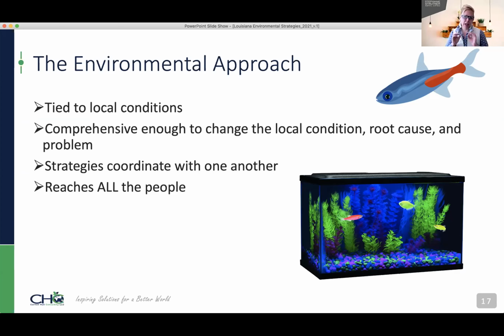In order for us to do this, and in order for us to be effective at our environmental approach, we have to be really clear on our local conditions. We talked about local conditions when we were together 2 weeks ago, and so we want to use that concept to carry forward today. And when we articulate those local conditions, as I mentioned, as very specific things that we can do something about, and the very specific tangible behaviors that we see, the who, the when, the what, the where, that gives us the opportunity to tie our strategies directly to those local conditions so we can do something about it. Because let's take, for example, if we